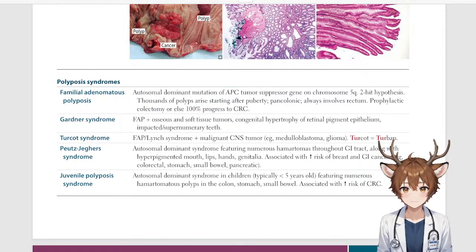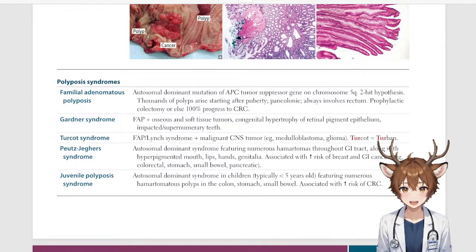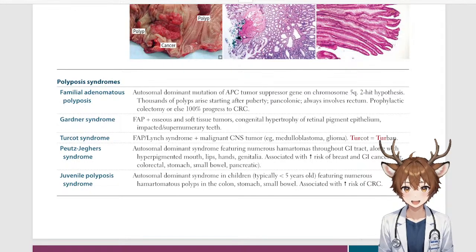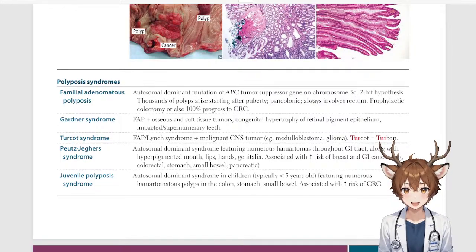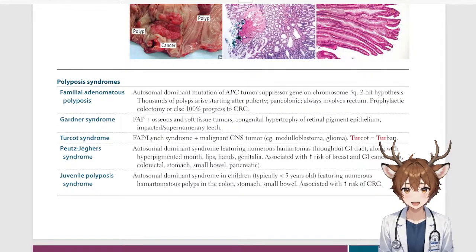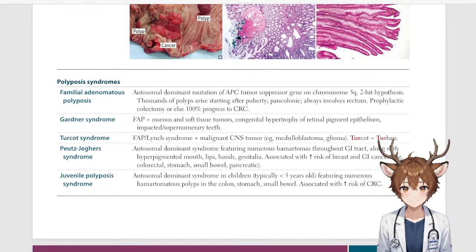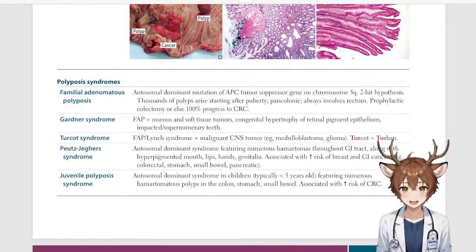Polyposis syndromes. Familial adenomatous polyposis. Autosomal dominant mutations of the APC tumor suppressor gene on chromosome 5q21 to q22, two-hit hypothesis. Thousands of polyps arise starting after puberty, pancolonic, always involves the rectum, prophylactic colectomy, or else 100% progress to CRC,